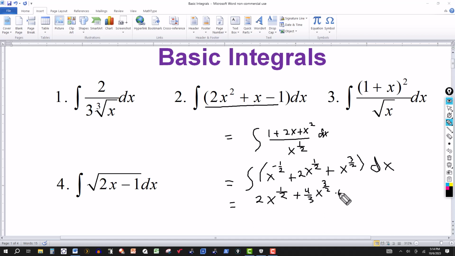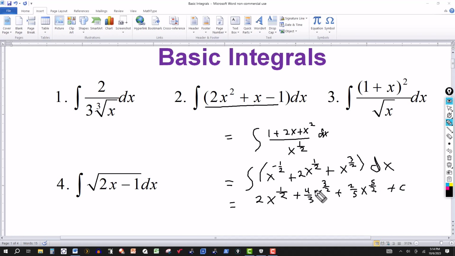And we continue. Next, to the 3/2, we add 1 to the exponent, so it's 3/2 plus 1 is 5/2. And then we divide the coefficient, which in this case is 1, by 5/2. We're just inverting and multiplying. So it'll be 2/5. So we get 2x to the 1/2, 4/3 x to the 3/2, plus 2/5. And then go back again. 2x to the 1/2 plus 4/3 x to the 3/2 plus 2/5 x to the 5/2 plus a constant of